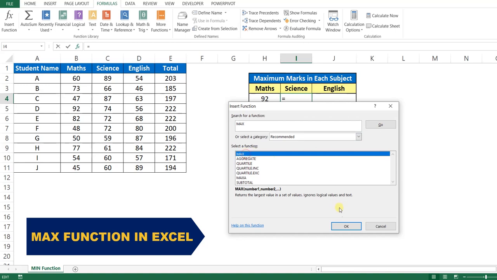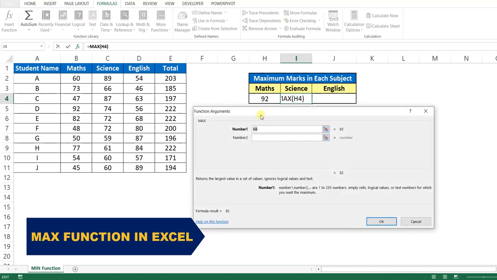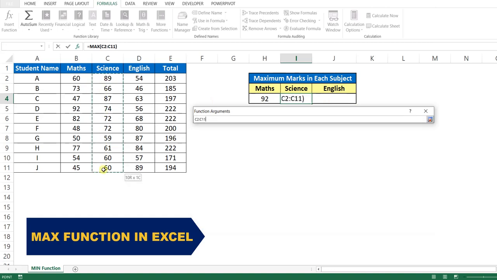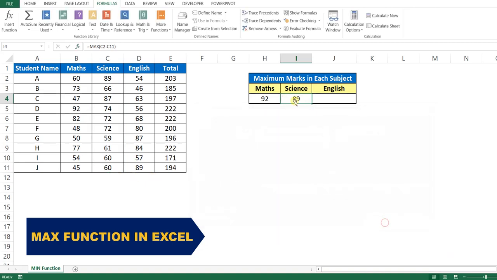Just click on this MAX and again click on the OK button. The same Function Arguments dialog box will appear again, and here we again select the cell range from which we have to obtain the maximum value and click OK. We can see that our output is ready. It means that 89 is the maximum marks available in this science subject.